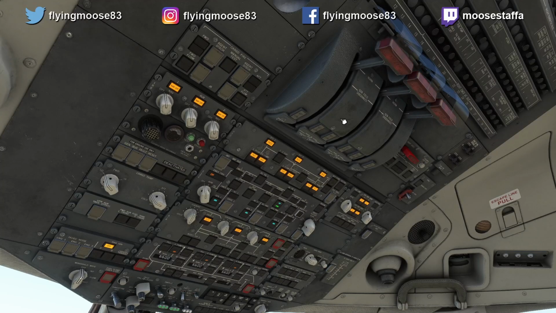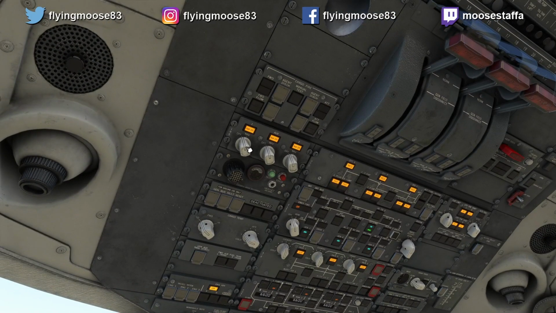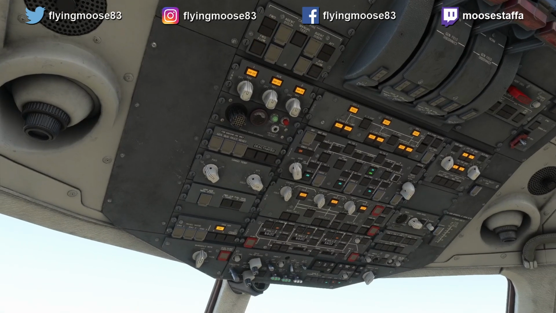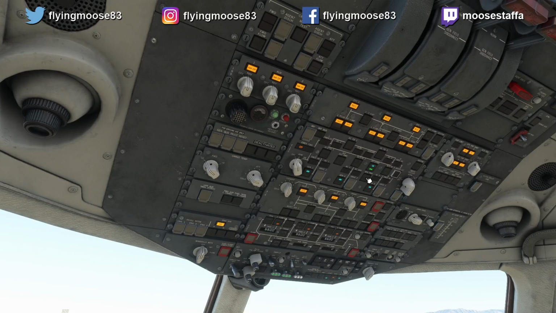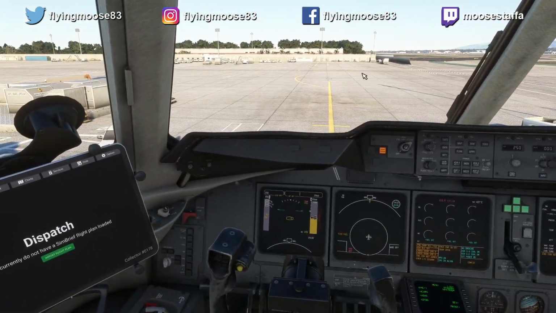And that's a good test. So that all worked perfectly. And now we'll come over here and we'll start the IRSs. That's going to do the cargo fire test. And we're also going to come over here real quick and hit the APU power and get the APU going. All right, while that is all booting up,